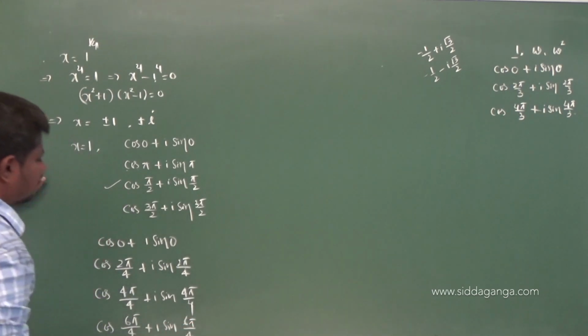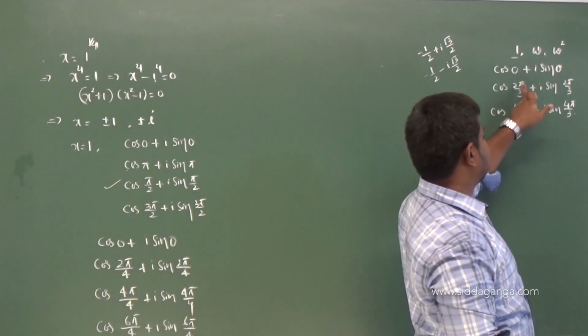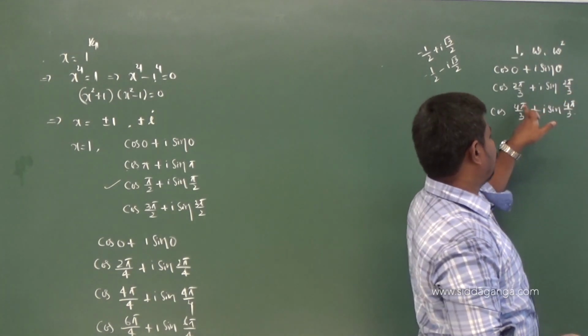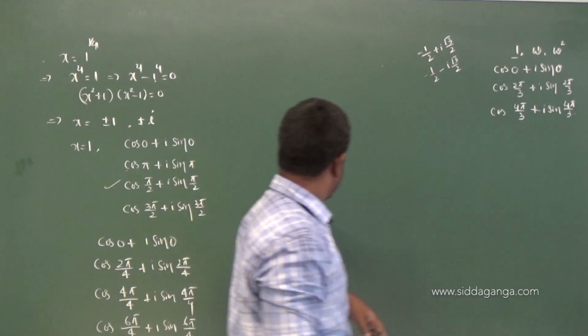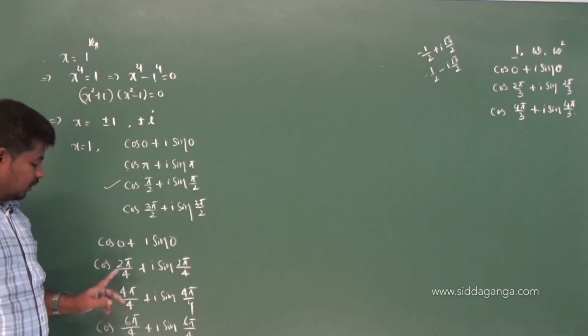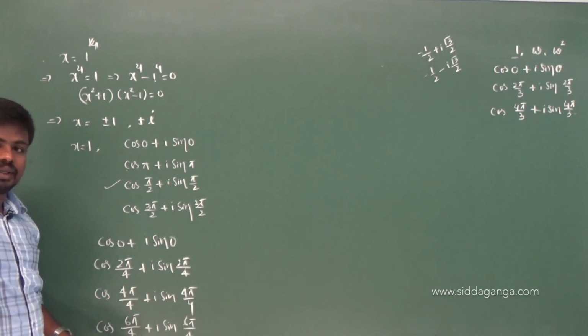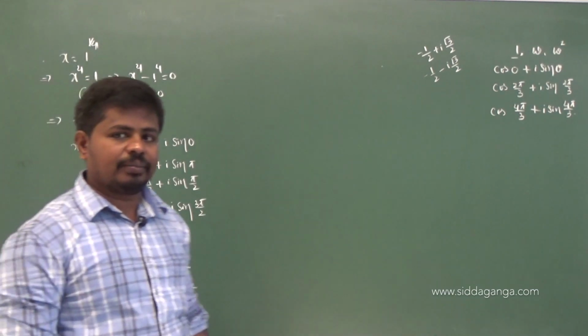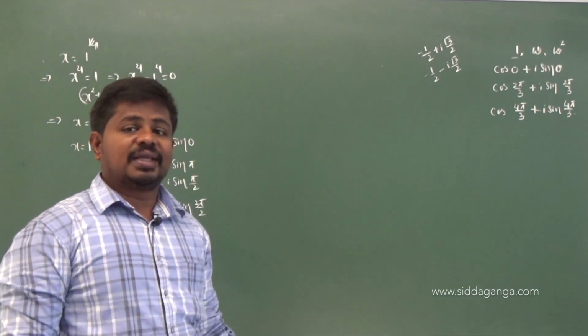Observe here, students, when we have cube roots of unity, at the denominator you get 3: 2 pi by 3, 4 pi by 3, 2 pi, 4 pi, 6 pi and so on. Like this here also, 4 because it is the fourth root of unity. So 2 pi by 4, 4 pi by 4, 6 pi by 4, like this. In the same way, I can write for any root of unity, nth root of unity also.